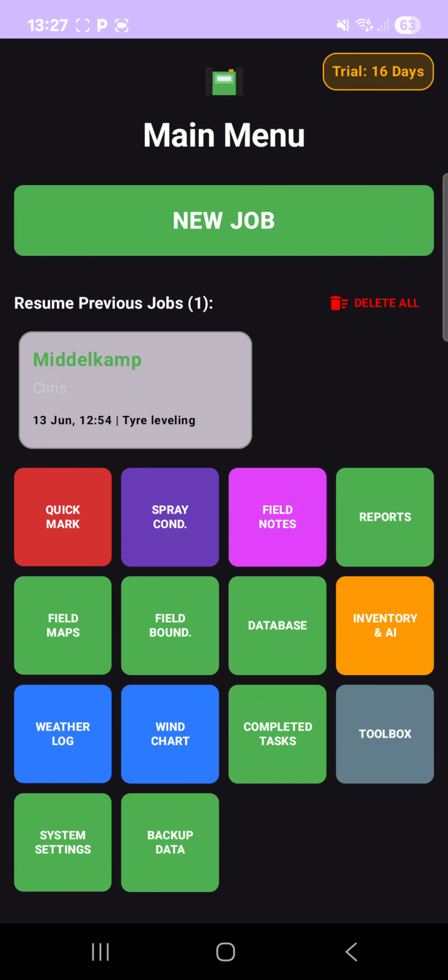I'm going to show you how to use QuickMark and pull the reports that you are logging on QuickMark. So QuickMark sometimes takes a while to open because Google Maps is at the back. I preloaded a lot of weeds and different